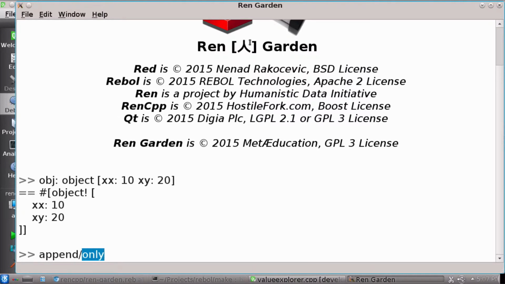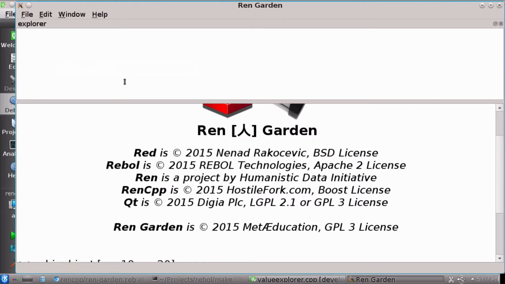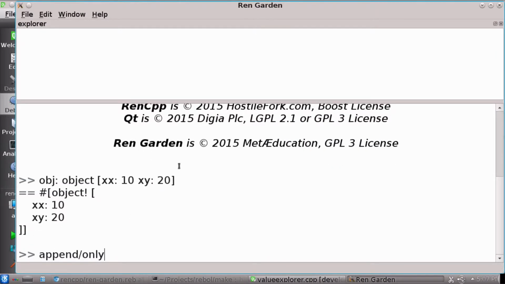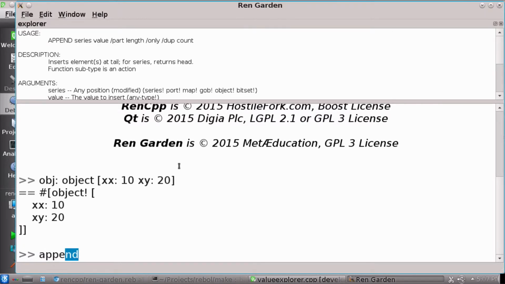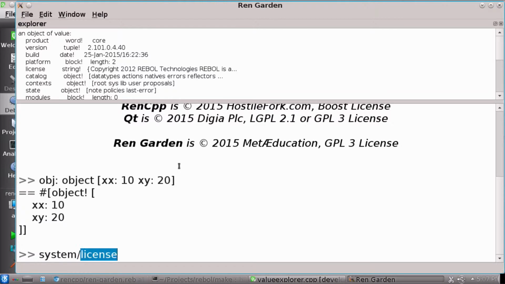But what seemed like an even more interesting feature that people might like would be to come here to the window, turn on a value explorer. So value explorer is just a little window that when I'm completing, it will show me, for instance, the function prototype, or if it's an object, it'll show me what's in the object like that. And so it can even do it with pretty big things, not necessarily the best idea, but going through the